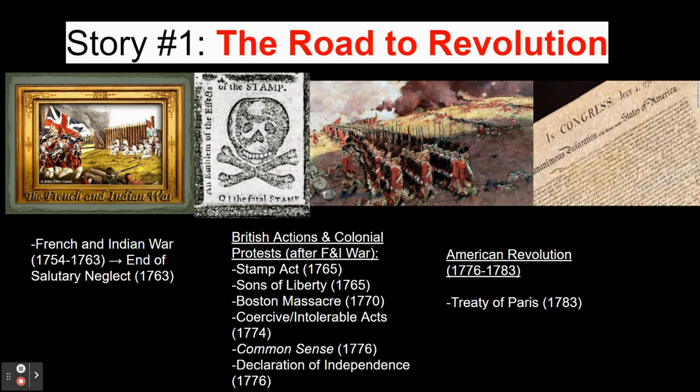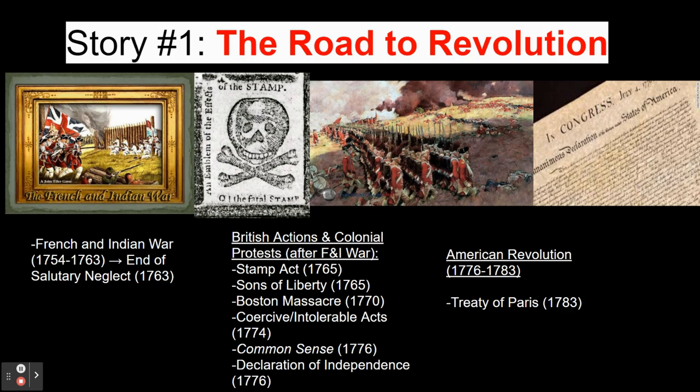Now, you don't really need to know a lot about the individual battles of the war, but you should note that the colonists were divided over the American Revolution as a whole. Some of these colonists are going to become patriots and they're going to fight and die for independence. Some of them are going to remain loyalists and they're going to support the British throughout the course of the war. And then you've got a lot of people that are going to be staying on the sidelines, the people that are more moderate, that are just going to try to continue to live their lives.